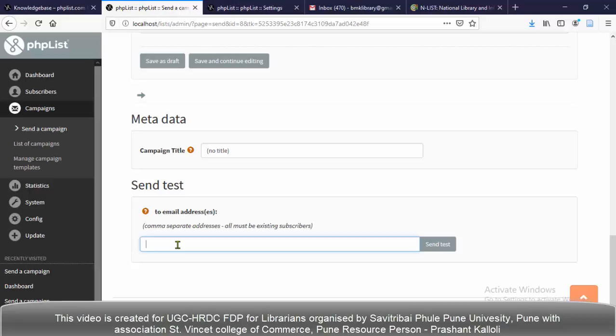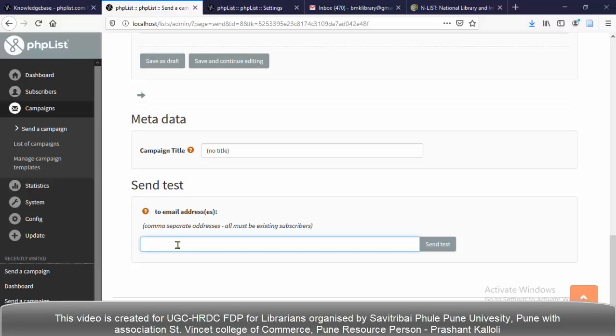I am going to send a test message. This is a very useful tool because if we succeed in sending a mail here, then our email SMTP server configuration is okay. If the mail fails, then something is wrong in our SMTP server configuration, which we did in the config PHP file.